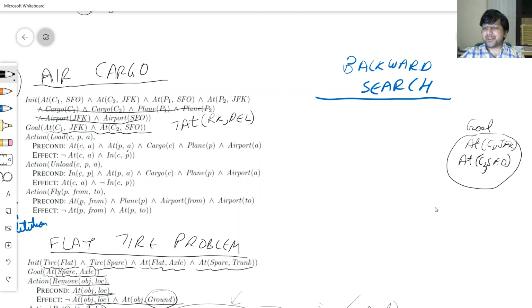With this, let's try to see what happens. Now, in a forward search, we were looking at actions which were applicable. Now what we'll do is see what all actions we can apply. Let's first do exactly the same thing. Where was the problem? The problem was fly. So let us say P1 from JFK,